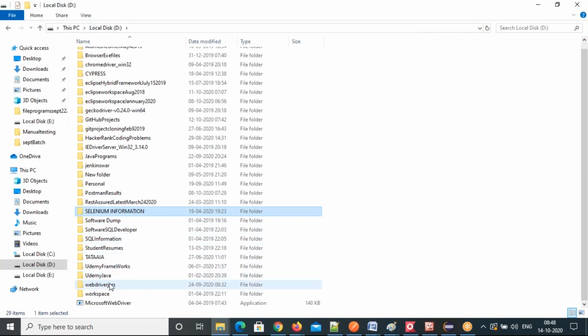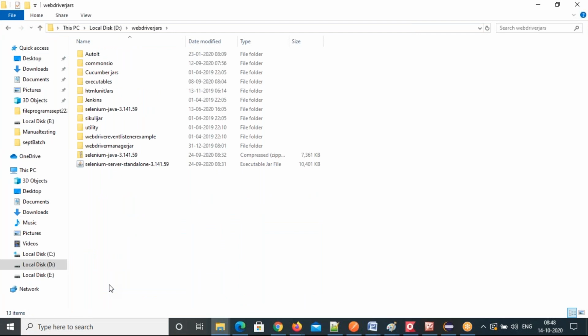I created a WebDriver jars folder, either in the C drive or the D drive. You create this folder and then place that zip file in this WebDriver jars folder.